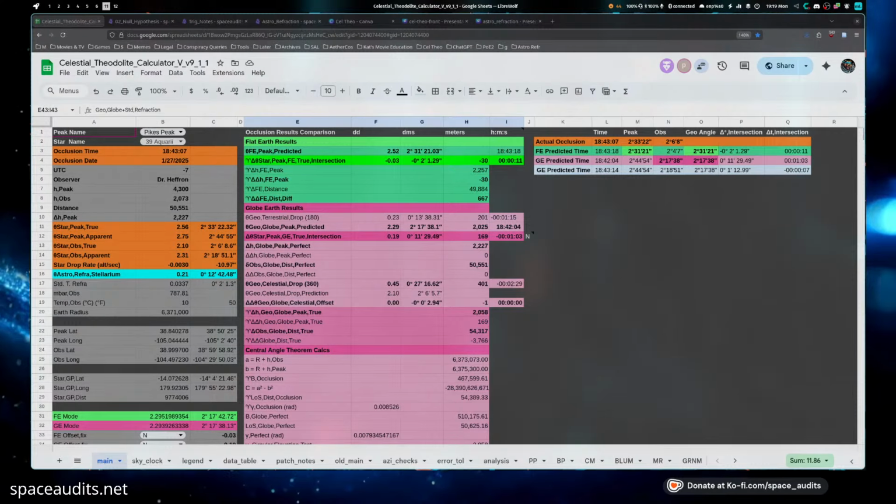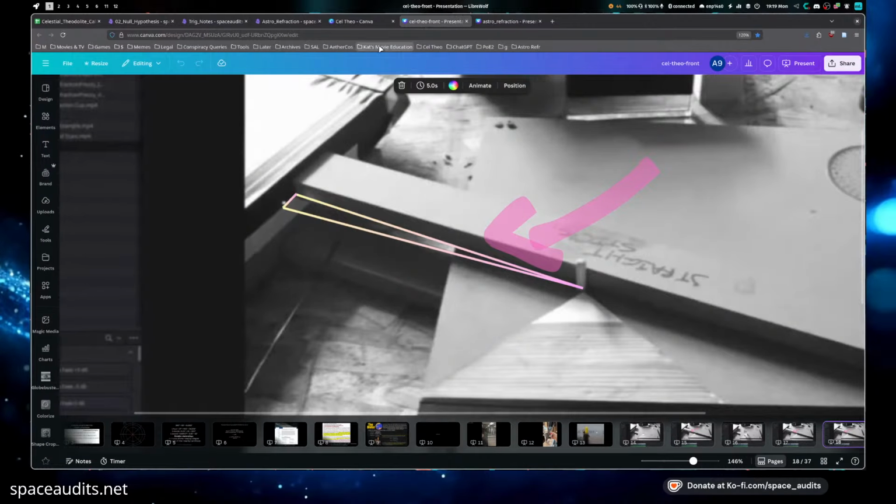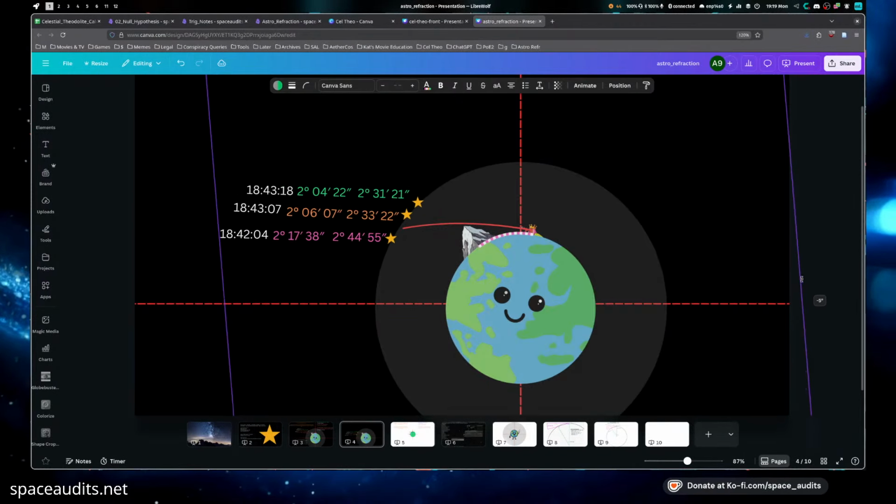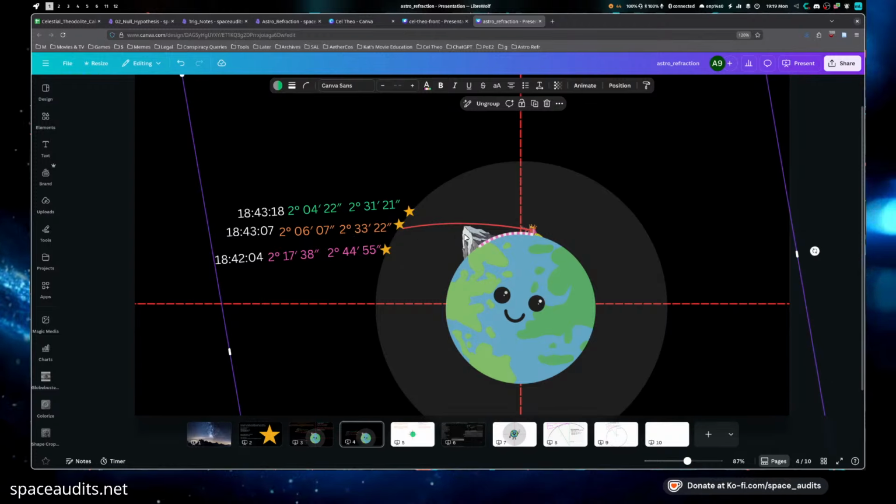Well said. Yeah, but your occlusion time is dependent on the place where you see the mountain, because that's the angle. But not where you see it from. Notice, it's not dependent on the optical angle in which you see it. That's the whole point of this. That's why we go into Stellarium and look at where the star is with respect to the peak, because that's the time that it actually was intersected and angularly aligned with something for it to be occluded. And from that, we can draw congruent triangles from the observer to the mountain peak, and from the mountain peak to the star, and have it all be congruent.